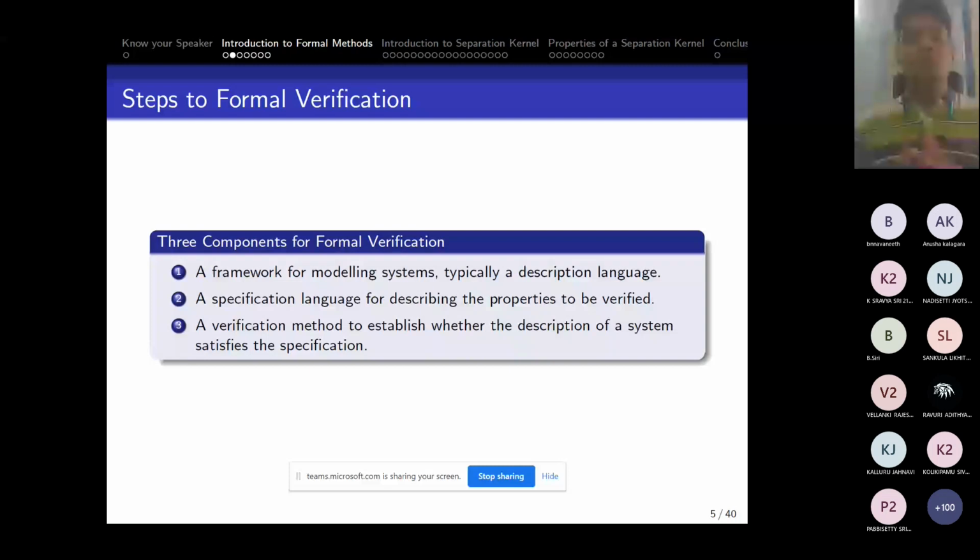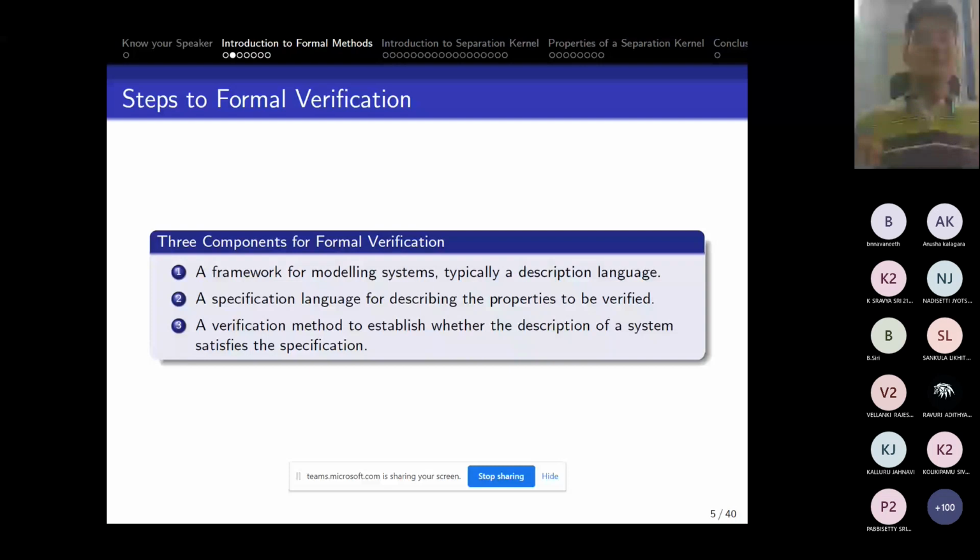These are the properties I need to check in that particular model, and you also have to write these properties in some language. Then there should be a framework, a mechanism, in which I can pass this model as well as these properties, and this framework can tell us whether these properties are satisfied on this particular model or not.